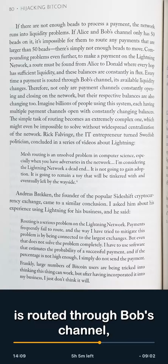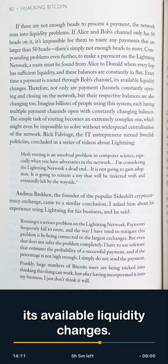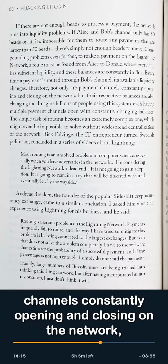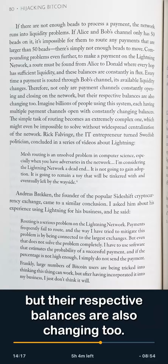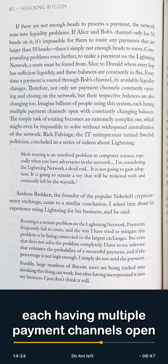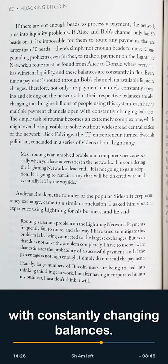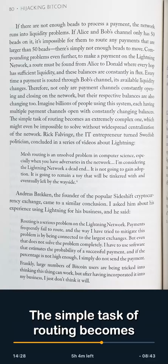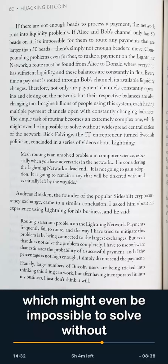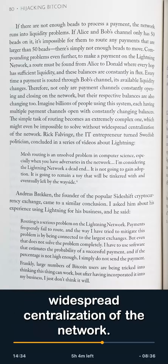Every time a payment is routed through Bob's channel, its available liquidity changes. Therefore, not only are payment channels constantly opening and closing on the network, but their respective balances are also changing too. Imagine billions of people trying to use this system, each having multiple payment channels open with constantly changing balances. The simple task of routing becomes an extremely complex one, which might even be impossible to solve without widespread centralization